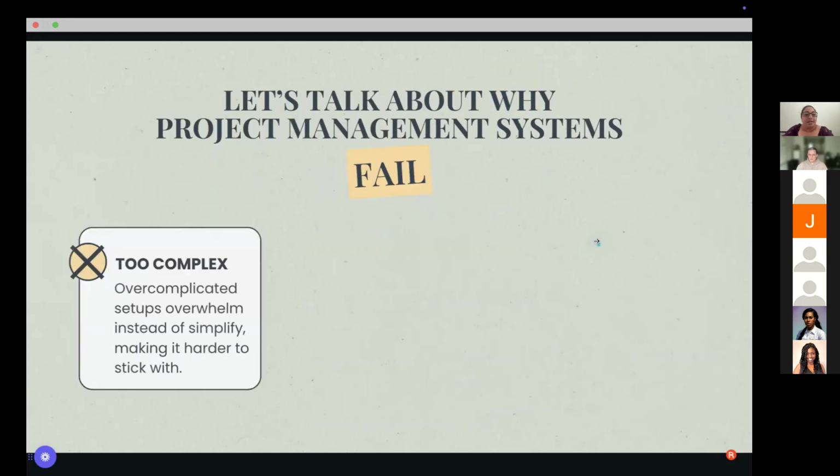So this is often because they're too complex. I did talk about how having so many robust features and using so many different things, sometimes when you go in there, you're like, I don't even know what I need to be looking at or what I need to focus on. So having those overcomplicated setups can increase that overwhelm instead of simplifying things. And then you kind of just don't stick with it or you don't want to be in there and grow